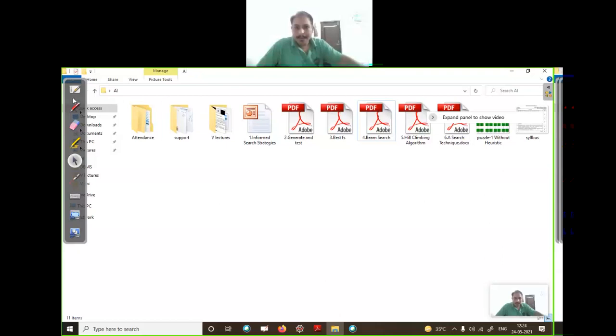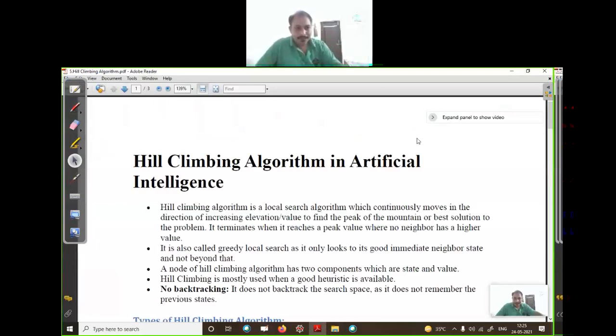So the next is the hill climbing algorithm. We have seen the best first search technique, then beam search.